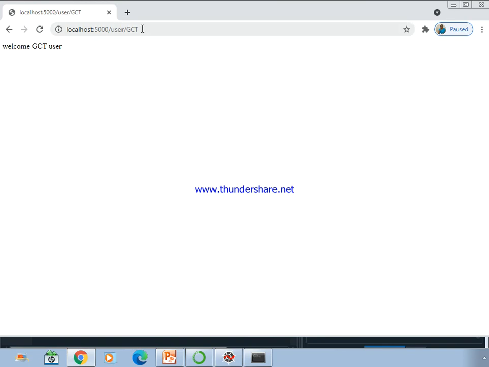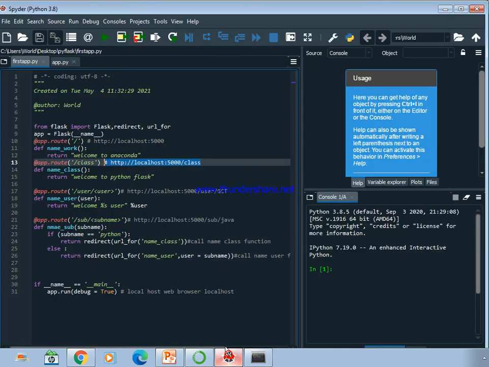Whatever user I am passing here is passed as an argument to that function, and that is replaced in this percentage s that we already saw here, right? Percentage s is nothing but the argument you are passing in this function, user, where user is assigned as GCT here. This is what I have given in the URL, so that GCT will be printed in this position, right?